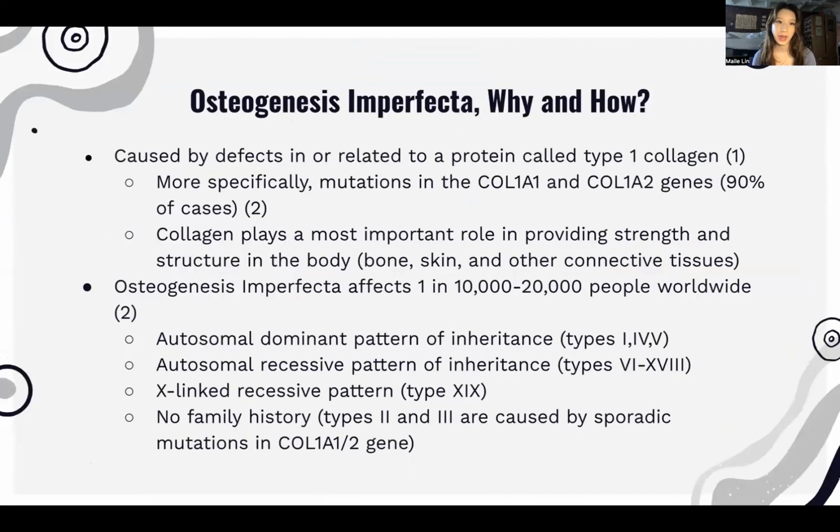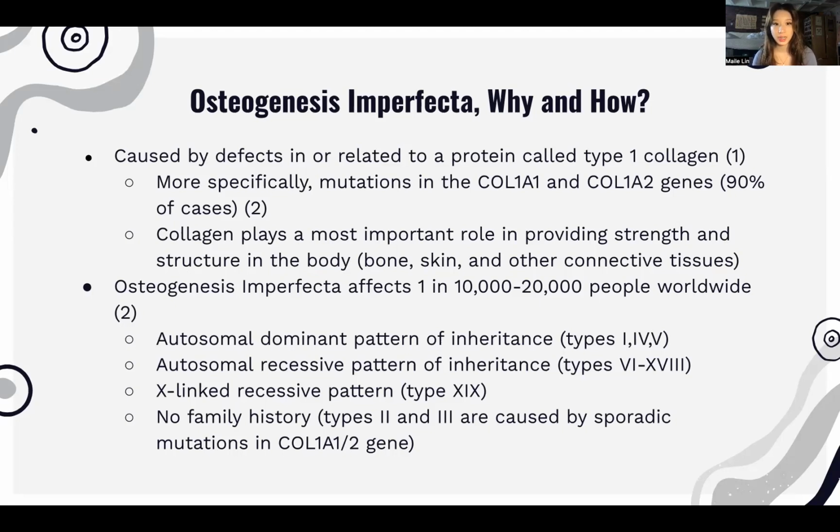So OI, why and how? It's caused by defects in a protein called type 1 collagen, and more specifically in about 90% of cases of OI, this is due to mutations in the COL1A1 and 1A2 genes. And this is important because collagen makes up most of our bone, skin, and other connective tissues. So when there is a defect in collagen production, it makes our bone, skin, and all their connective tissues weaker. And then I also want to point out that OI affects 1 in 10,000 to 20,000 people worldwide, and